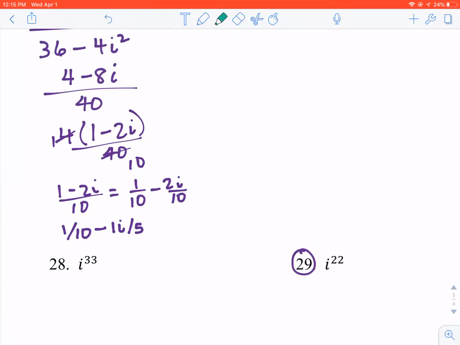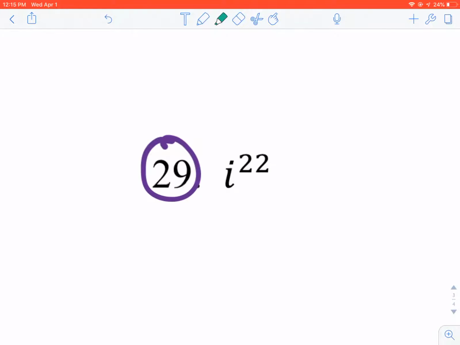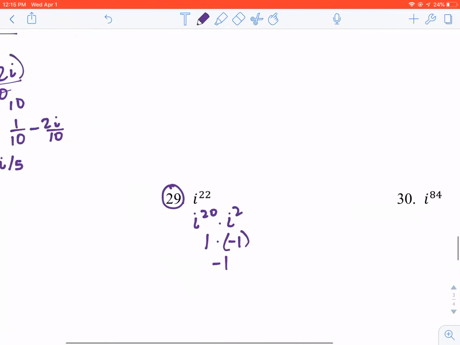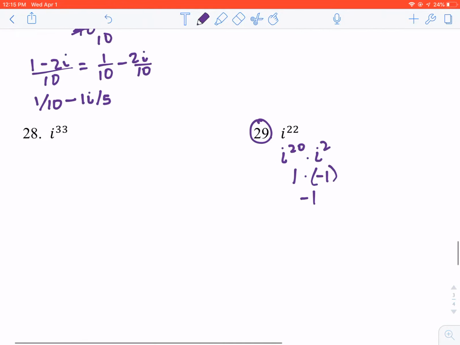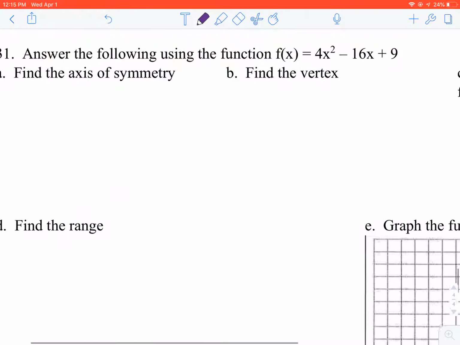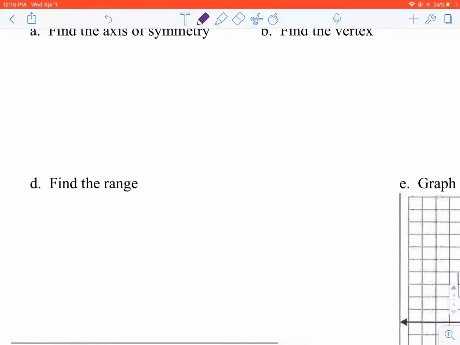Okay? All right. Remember these with the 22, you're looking for multiples of 4, and multiples of 4 would be i to the 20th times i squared. Remember, i to the 20th, any multiple of 4, is 1. i squared is -1, so this is -1. Okay? All right, so hopefully that's good. I'll do, I guess, one more video with axis of symmetry, vertex, increasing, decreasing, because